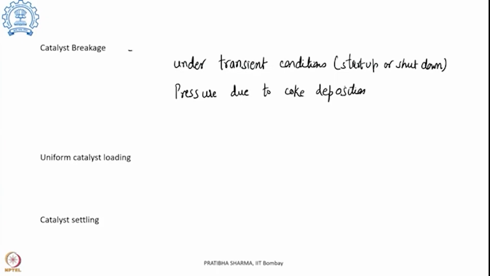Inside the reformer tube, there can be certain thermal stresses. If there is a cooling, that can lead to catalyst breakage, and this is always undesirable in the reforming process. What is actually required is a uniform catalyst loading, and that can lead to stable operation over longer duration, prolonged